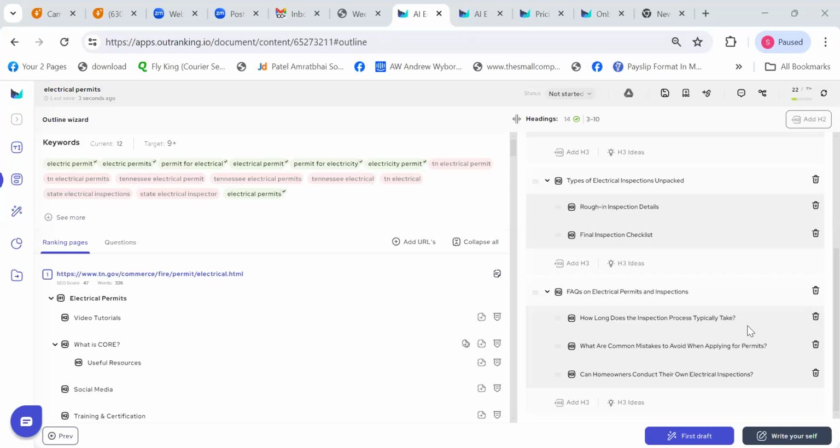So try to put up stats, try to put up a testimonial, or try to put up things which give guarantee or which show that your answers are more trustworthy in comparison with others. So you can put up examples in your answers, you can put up statistics, or you can even put up a table if it's required, but try to be a little different in your FAQs rather than just using the traditional method of just giving an answer to the question. That is not going to help in this age. This is something that everyone is doing.